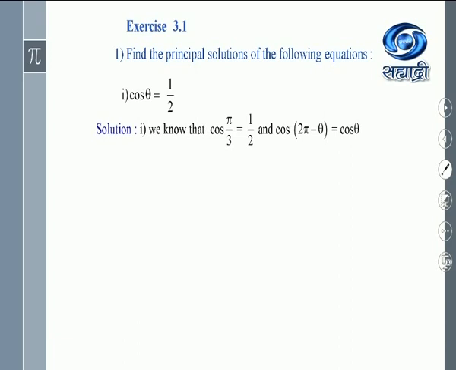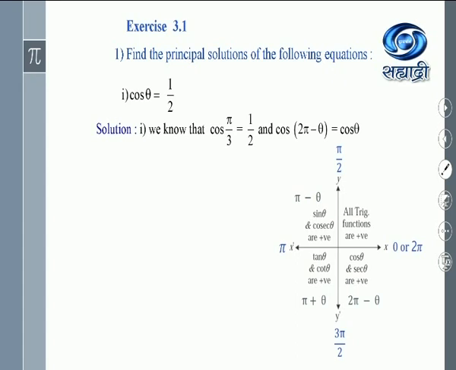Therefore, you will have to find a few more angles in any one of the first, second, third or fourth quadrants for which cos of that angle is again 1 upon 2. Okay, now how will you find that? With this rule. No need to write this in the solution. You will have to visualize and find out the other angle. Now, as I told you, cos theta is positive in the fourth quadrant, but the angles are of the type 2 pi minus theta. Therefore, cos of 2 pi minus theta is again cos of theta.